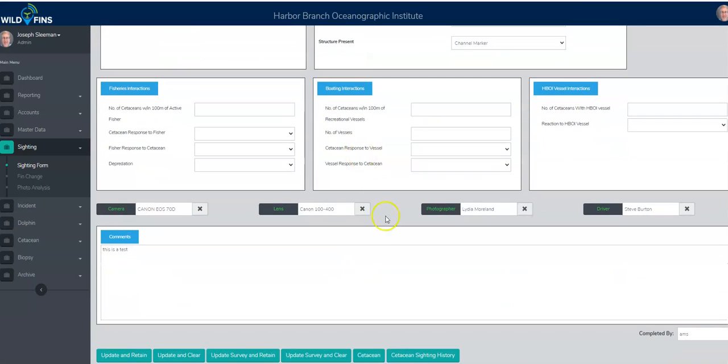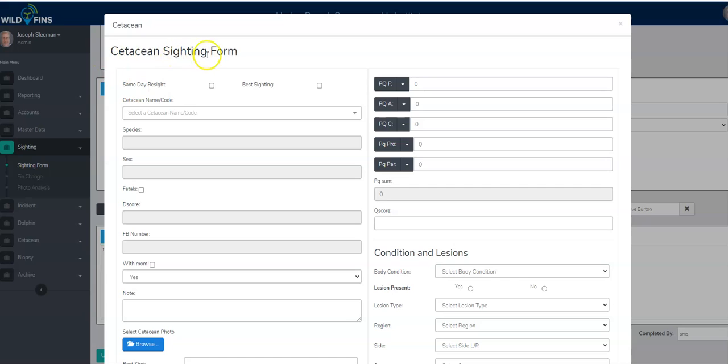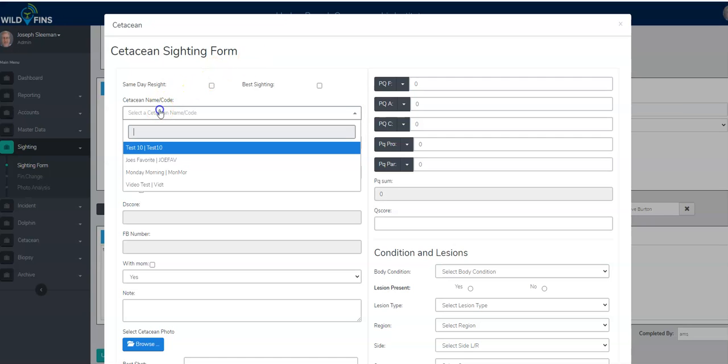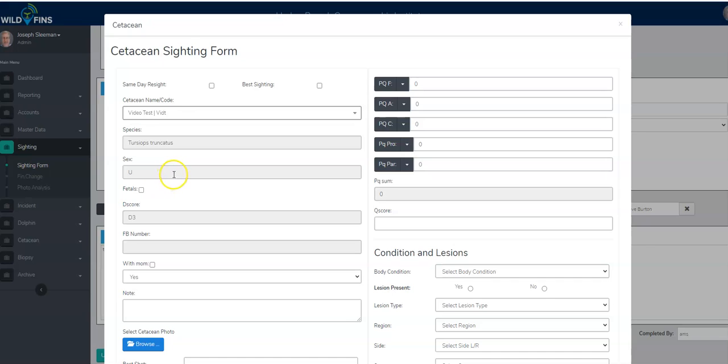And then down at the bottom, you click on the cetacean button. That brings up the cetacean sighting form. In our Add Cetacean training, we added a cetacean video test, which we'll pull up here. You'll see that the information about the species